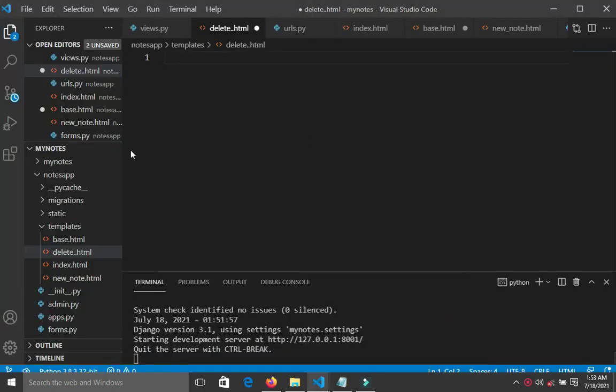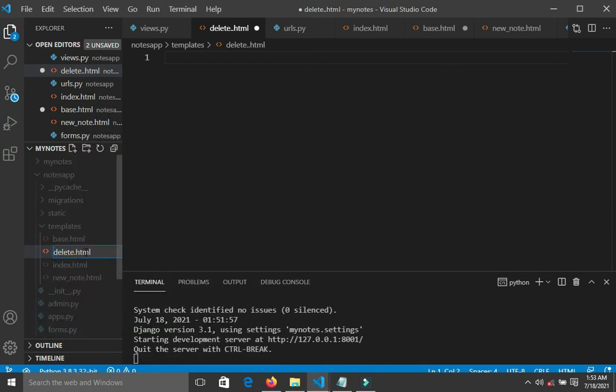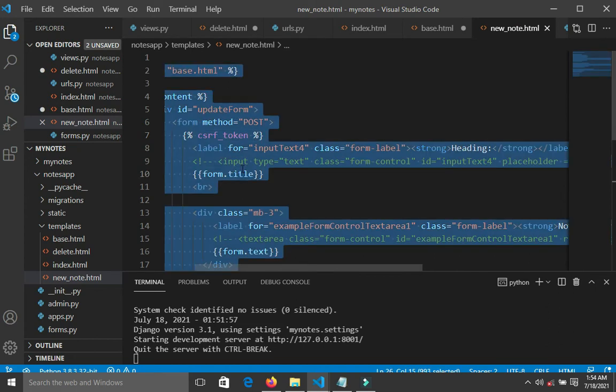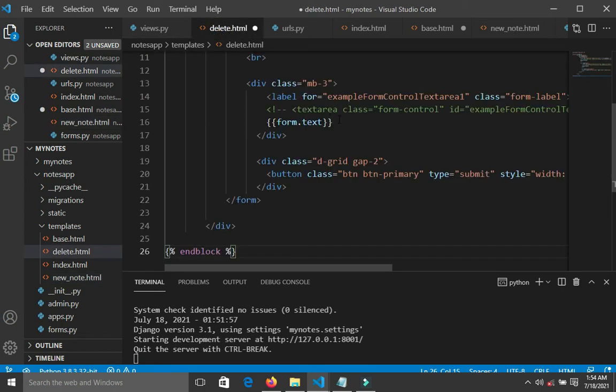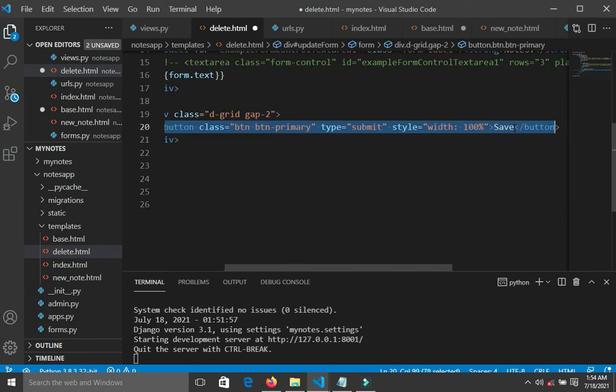So I'm going to simply rename this. I don't need the two dots. So that's it. Okay, I'm going to copy this code from here, everything, Control A. They are similar, just that the delete.html has the delete button included. So paste here. I'm going to simply add the delete button. Okay, I have it here. I'm going to change this to btn danger. Okay, change this to delete,